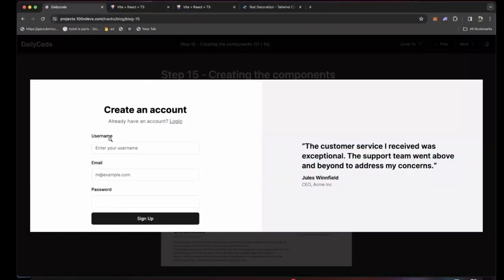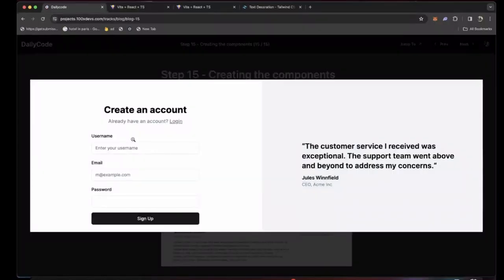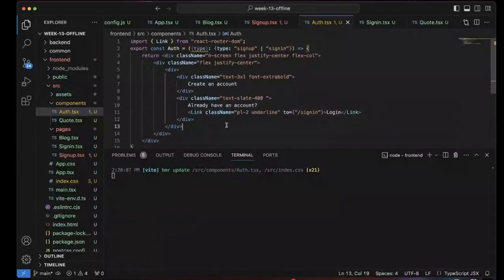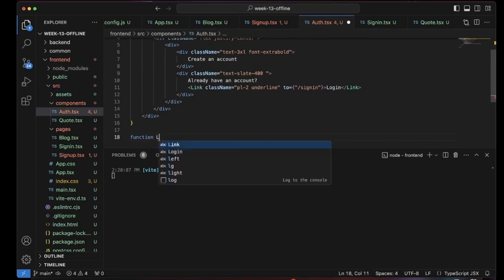Next up, we need to add username, email, password, 3 sets of components. I'd rather have each one of these in a separate component, which means I'll create a new input box component, which takes a label as an input and a placeholder as an input, and put all of them there. You can also put them here. Really depends on you. I'm going to put this out in a separate component, call it labeled